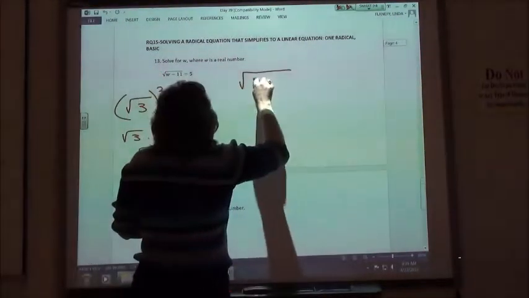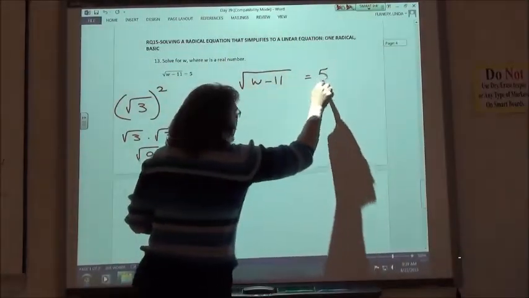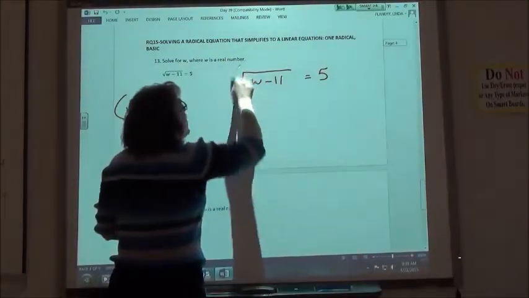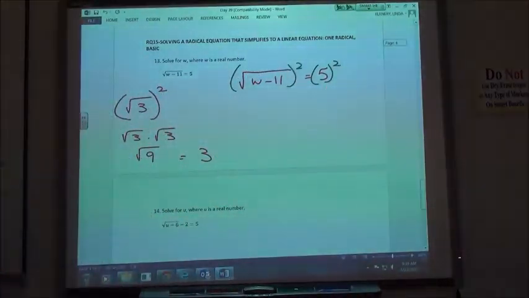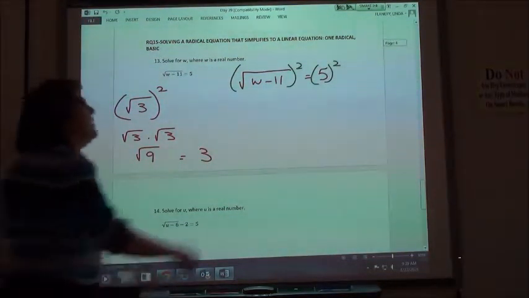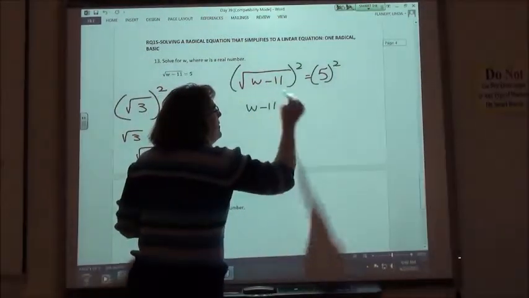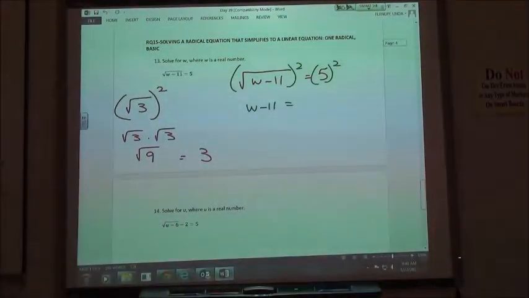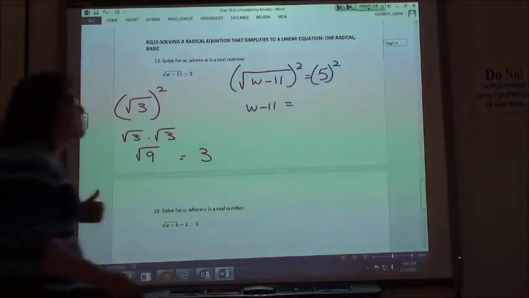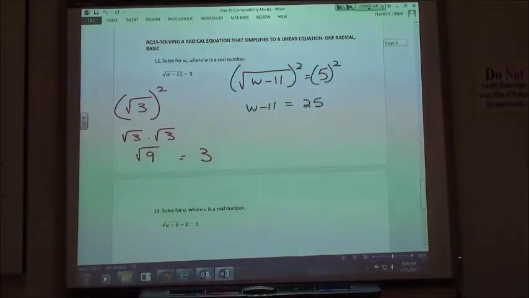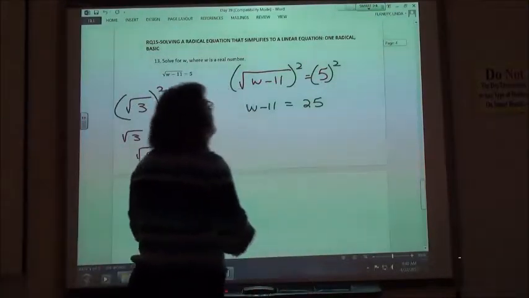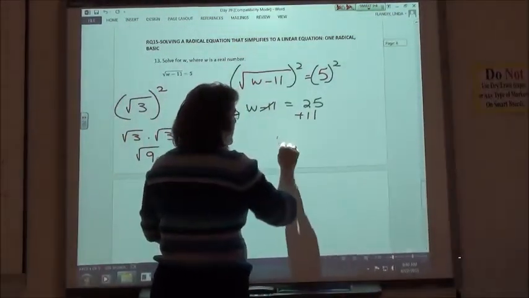If I have the square root of w minus 11 equals 5, what I'm going to do is square both sides of my equation. Because if I do it to one side, I have to do it to the other side. When I square the square root, it's going to eliminate that and just give me the w minus 11 that's underneath there. The other side didn't have a square root. I have to square that. 5 squared? 25. In order to solve that, what would I do? Add the 11. So w is going to equal